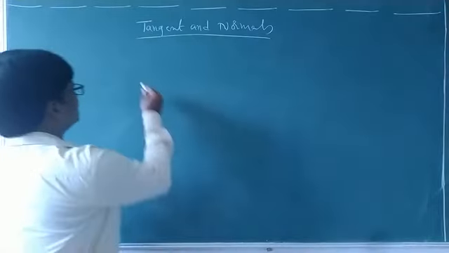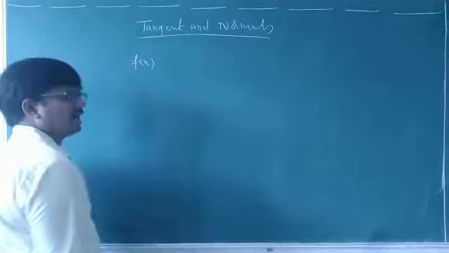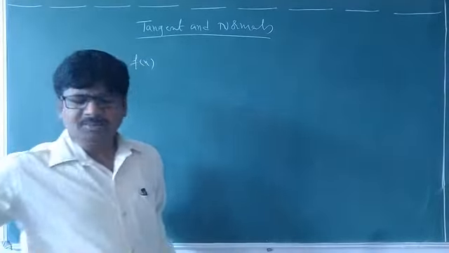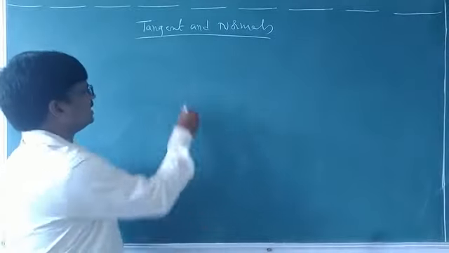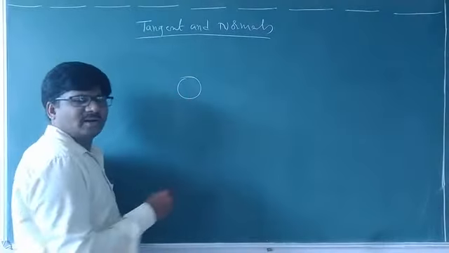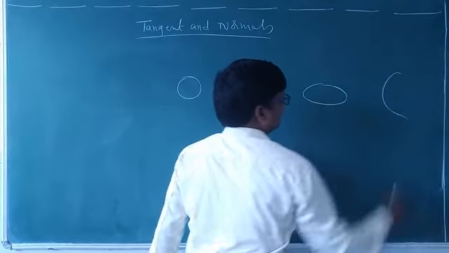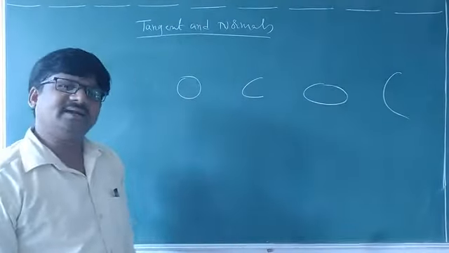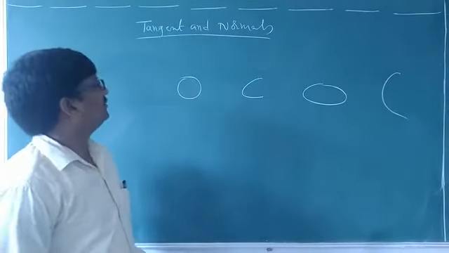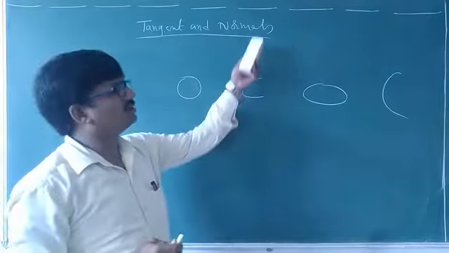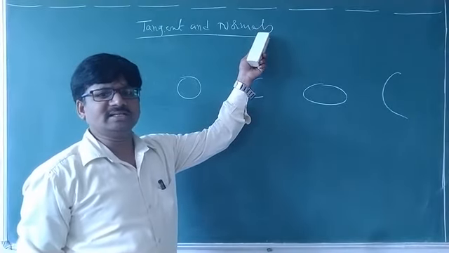just listen. Suppose f of x be any one curve. To understand easily, I am taking one circle here. You can take a circle, parabola, ellipse, or hyperbola. Whatever curve you want, you can take. Now I am going to define tangent. If you learn about tangent, you can automatically find normal easily also.